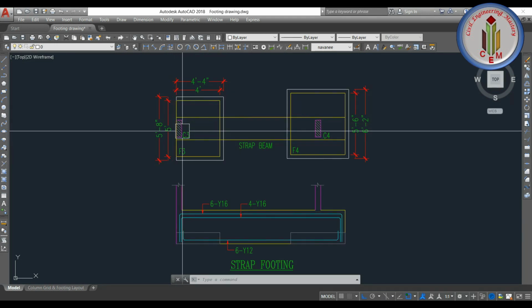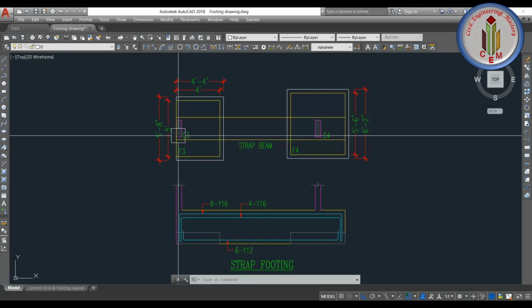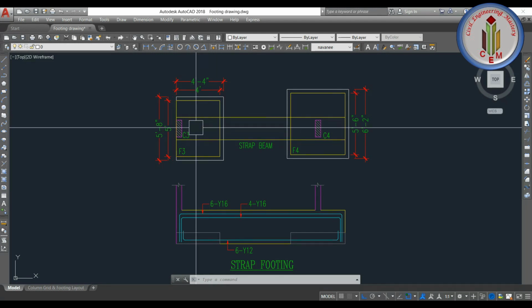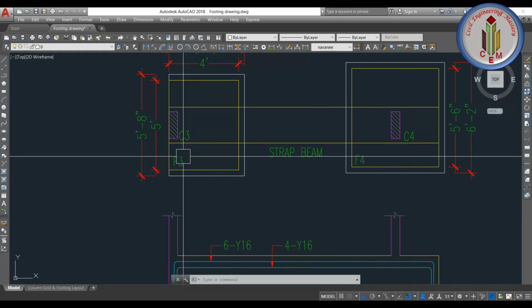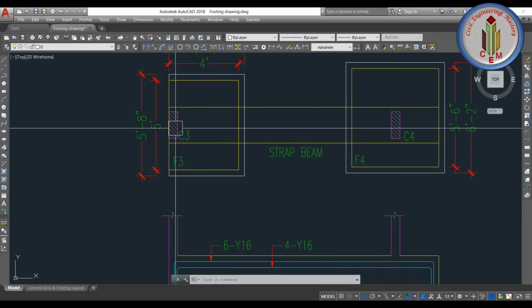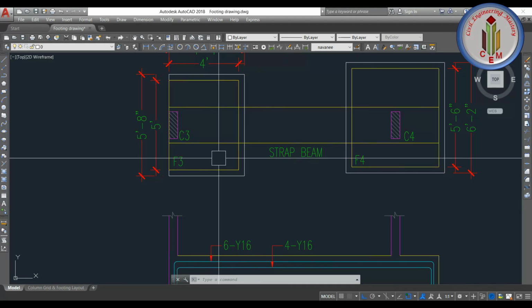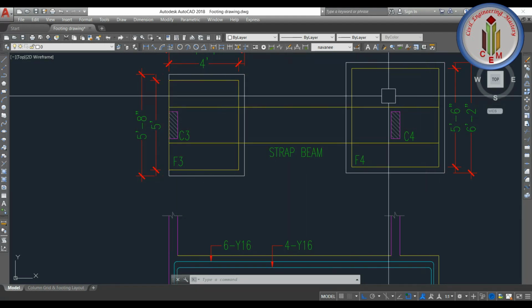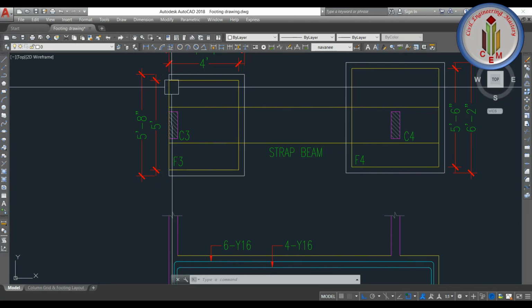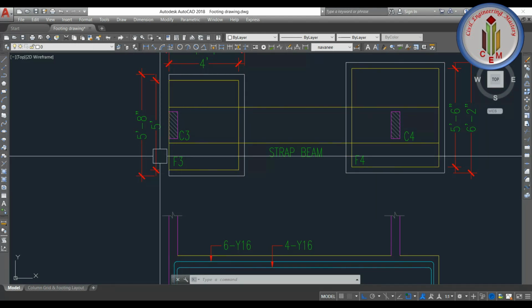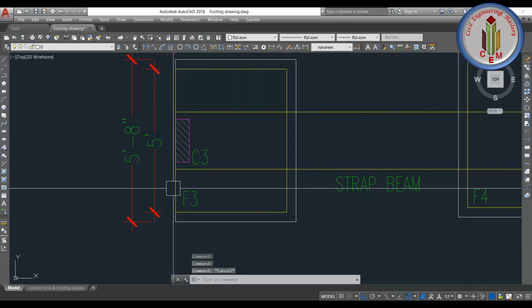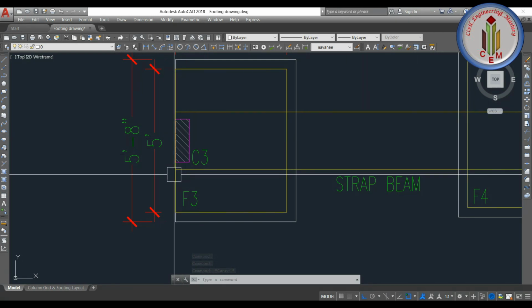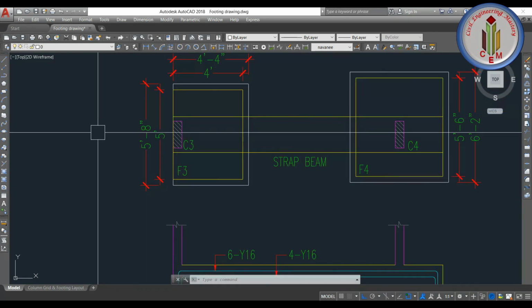You can see here this column is eccentric because, as I told you in the beginning, this column is not in the center of the footing. So the CG of the load will not coincide with the CG of the footing. This will create extra moment. To resist that extra moment, we have to provide the strap beam like this by connecting these isolated footings. Mostly we get this kind of footing where the column is provided on the boundary line. For example, imagine this line is a boundary, so the column is provided on the boundary, and the footing cannot go beyond this boundary line.